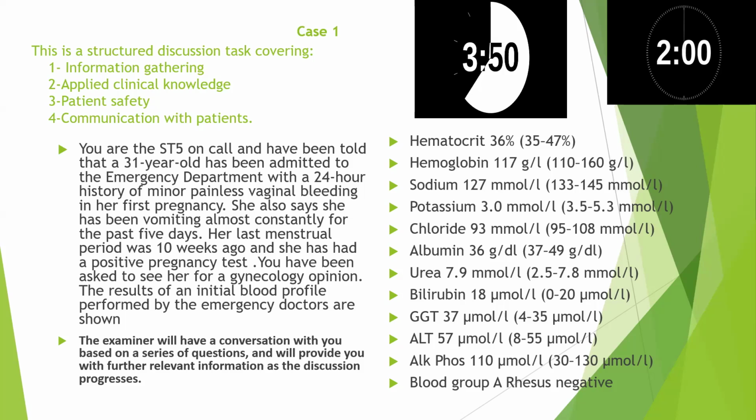Before that, I will run some more investigations. As she is Rh negative, I will do a group and save, and will rule out any other complications if she is having them. And then I will check for the chest X-ray, thyroid function test, and the beta HCG levels that I have to estimate. And the options I will discuss with her, that surgical evacuation is required, and the procedure